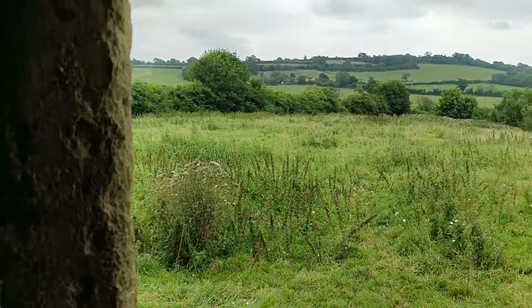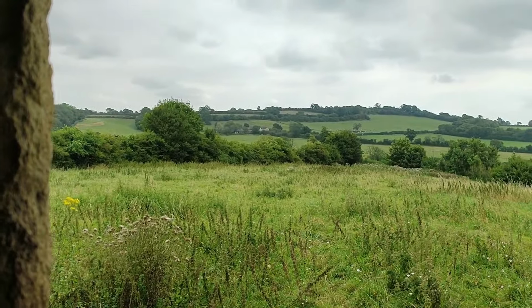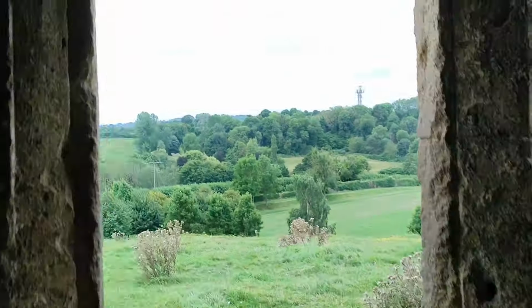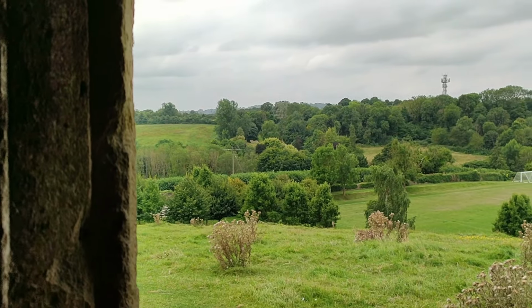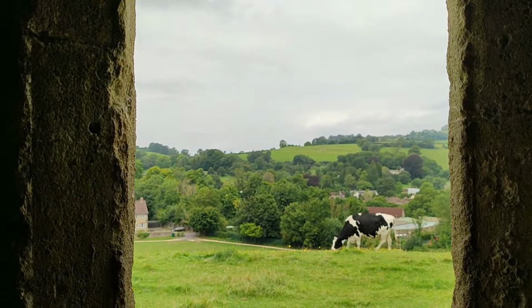So, looking out of the windows, even at the lower levels, you can see that it's got views for a considerable distance. And those would have been truly important in the time that the tower was built. And out towards the south there, and towards the west there,